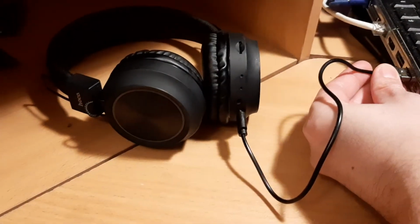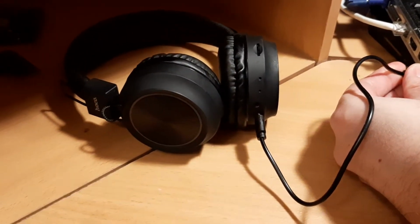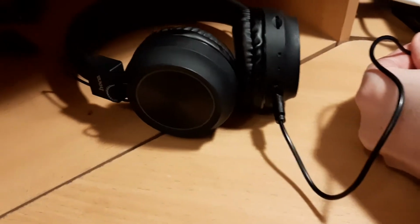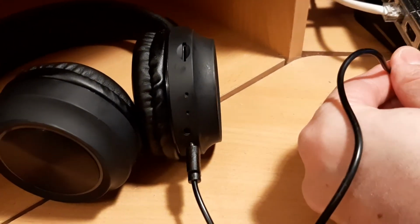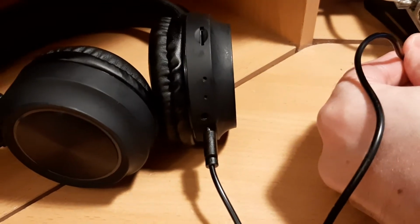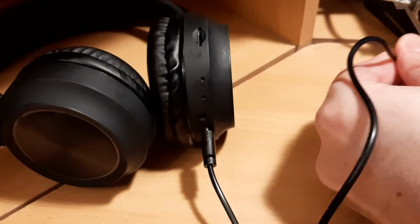I've got the supplied USB. I have my laptop over here. And I'll plug it in. And as you can see, it just blinks one time. Just please notice the headphone as I plug it in again, and I'm plugging it in again. Now it doesn't matter if